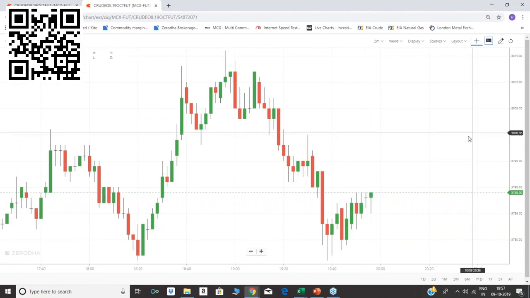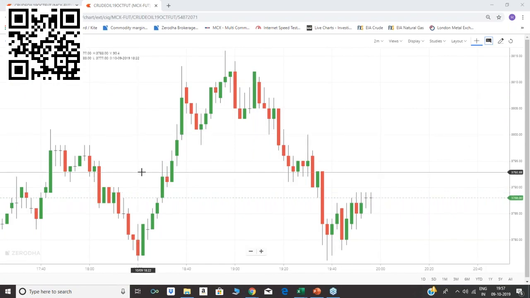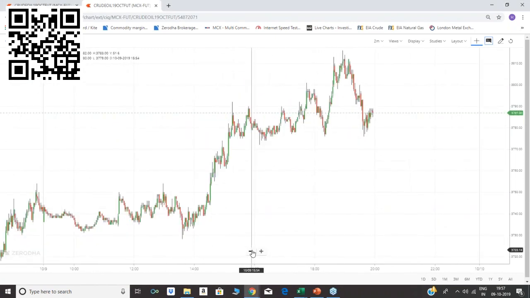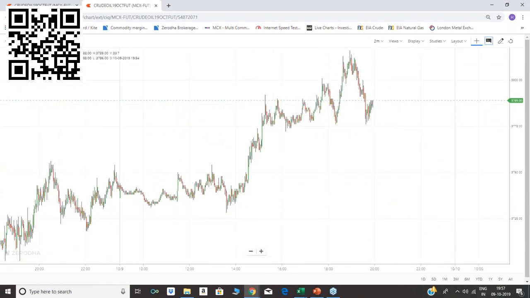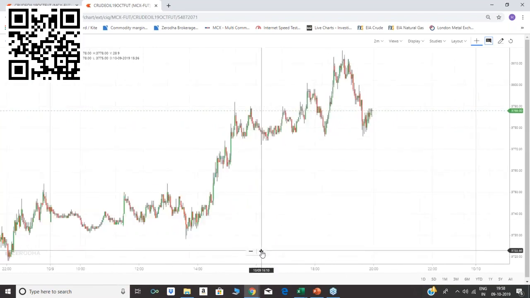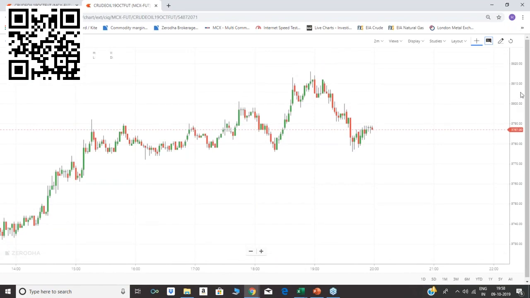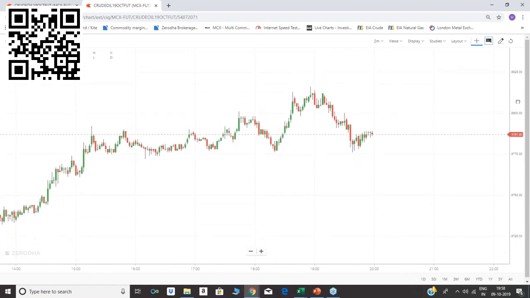Now, according to the inventory data, the price will give a good spike. What are the levels for the inventory, or how can we frame the levels for the inventory? The price is already at the support zone. We'll look into the levels on our chart afterwards, as it's already 8 o'clock. We'll explain that in the hourly and the 15-minute chart. Don't worry, the complete setup will help you. Let us look at the spike as of now.